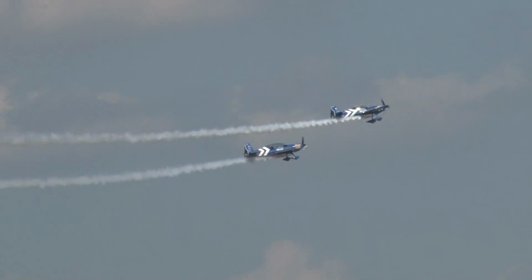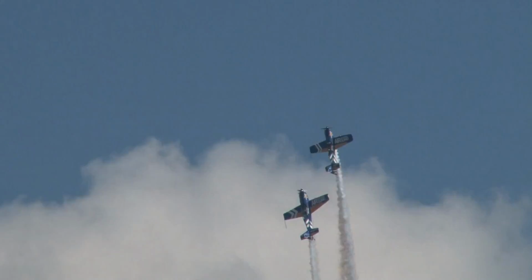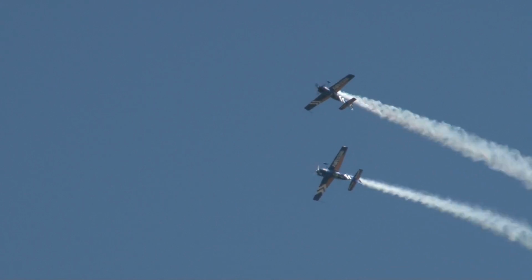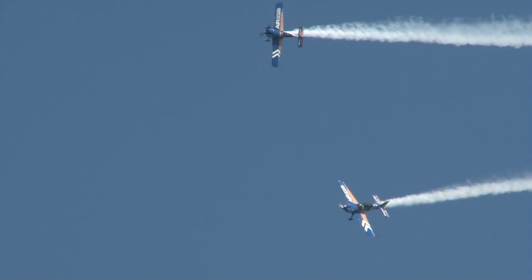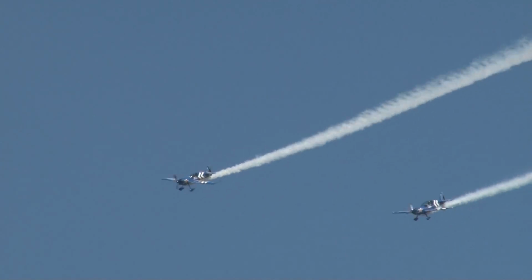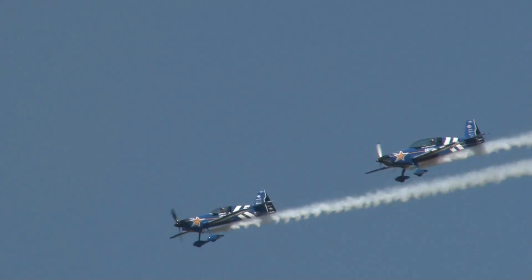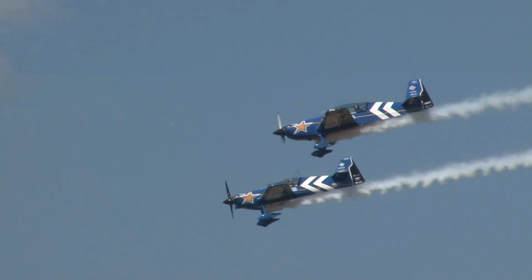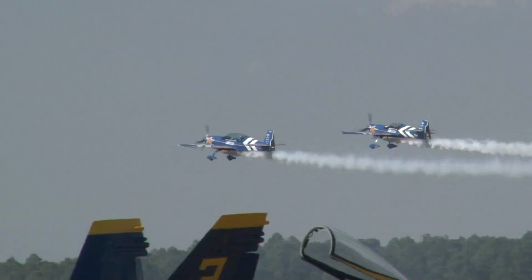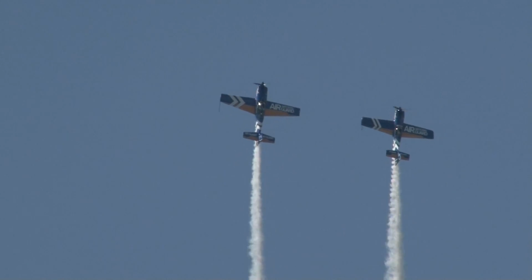Jack Knutson staring right at John's aircraft, the essential tool in keeping in formation flight. Jack Knutson has very little ability to know where he is in the sky. He doesn't see the horizon. He just gets himself visually married to John's airplane. And now he's got to look 90 degrees up. Yeah, that's right. To keep focused on one particular point, like you say, and to stay in that position is